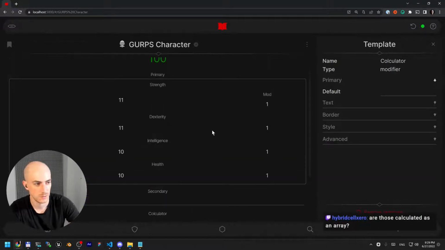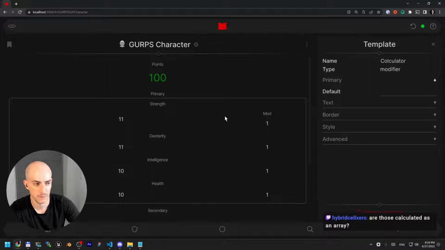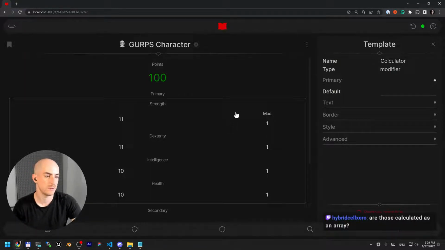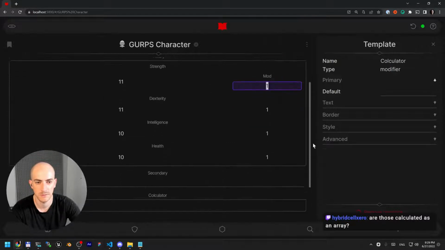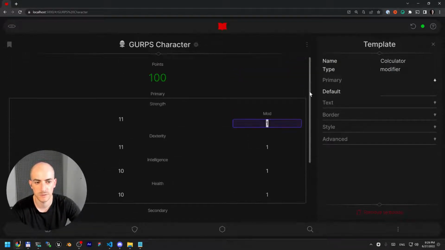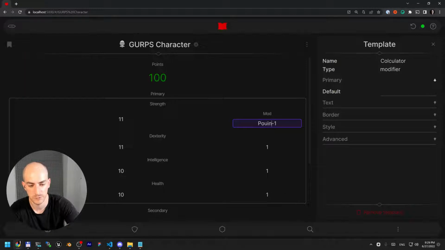So are those calculated as an array? I mean, they should be added together, but I think because we have multiple references to the field values, they are not added correctly. I think it might be a bug, because it works just fine if there is one value, but if there are multiple, it's not added correctly, right? So I mean, if I do points